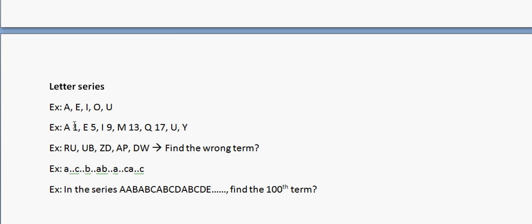You don't even need these 1, 5, 9 and all that stuff. This is just to explain the logic, right? So what you can start doing is counting: start from A, add 4, B, C, D, E, you get E. Now starting from E you add 4, F, G, H, I, you get I. Now starting from I you add 4, J, K, L, M, you get M, and so on. So you would get a U here in this case. So it is just adding numbers, right? Now these are two numbers and you have to find the wrong term.